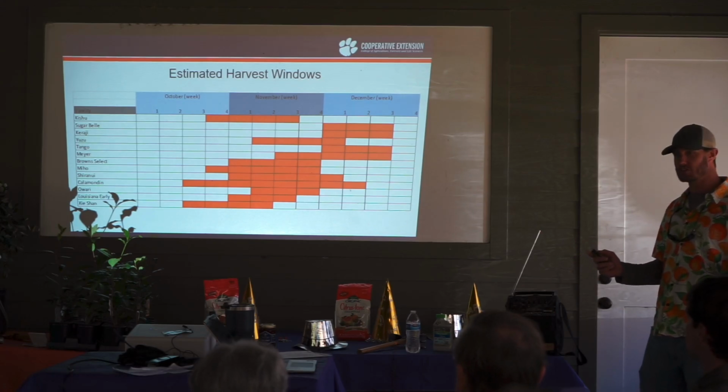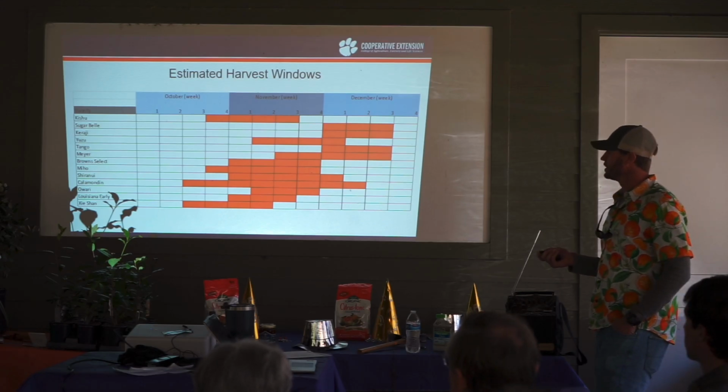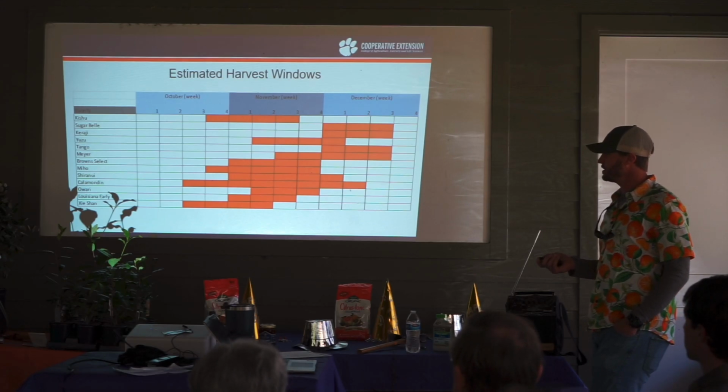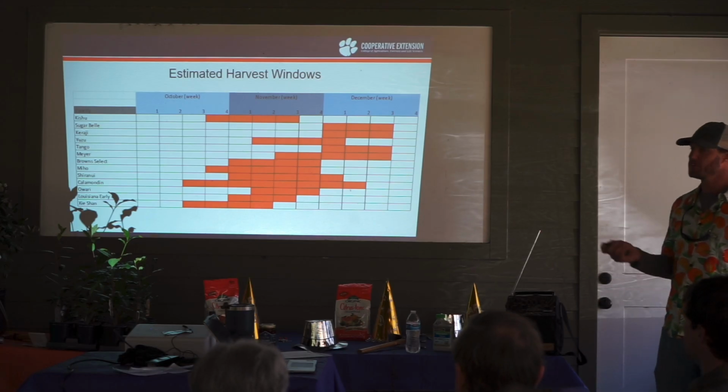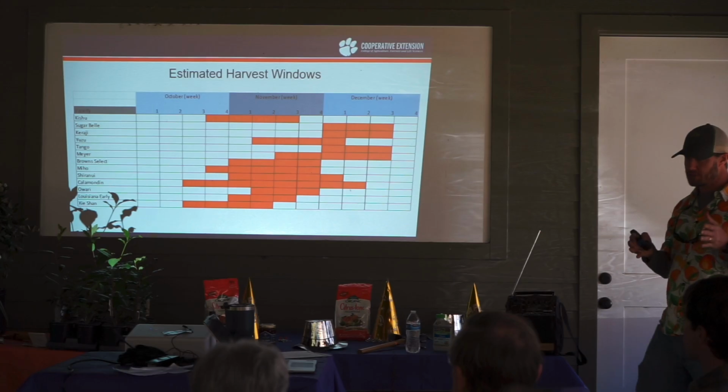I'd love to talk to y'all to see when things are coming in, but I would really like to make a chart. Other states have these and other crops have these. I've done this for blueberries. I have blueberries out there. I've done it for those. If somebody comes to me and says, I want to harvest some type of citrus in this window